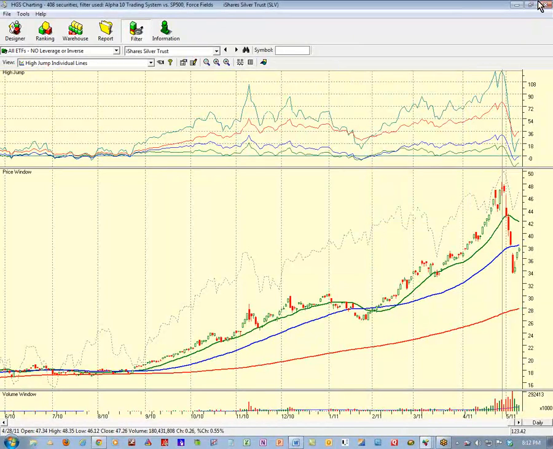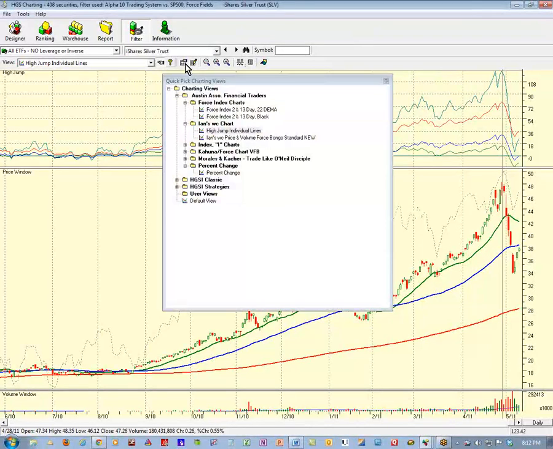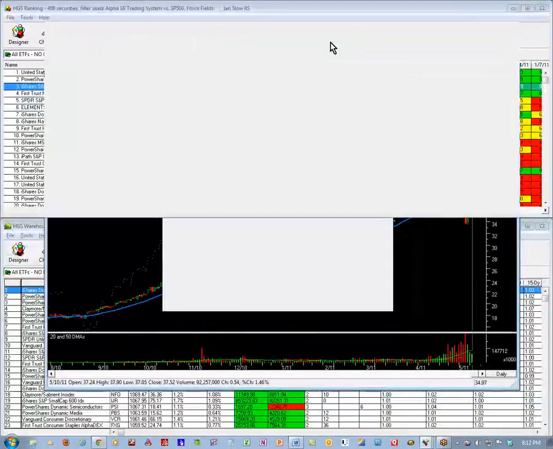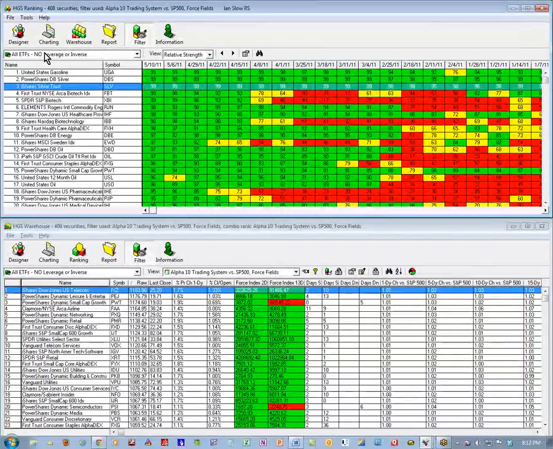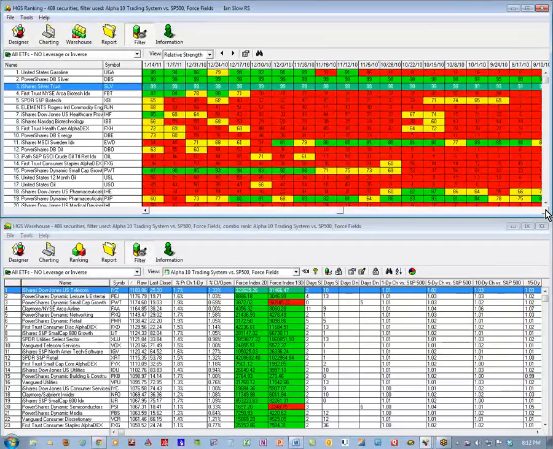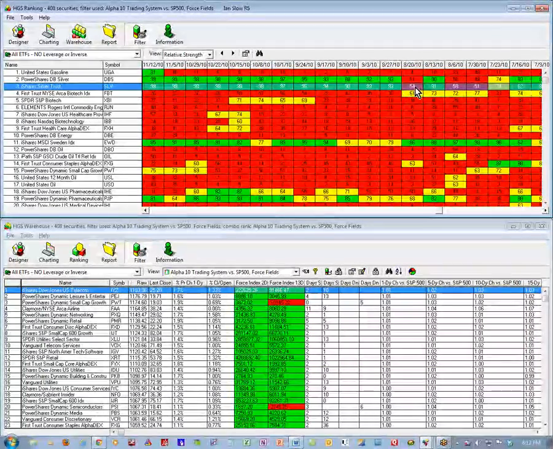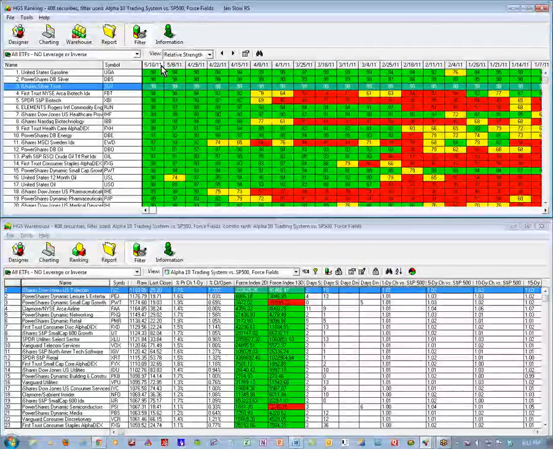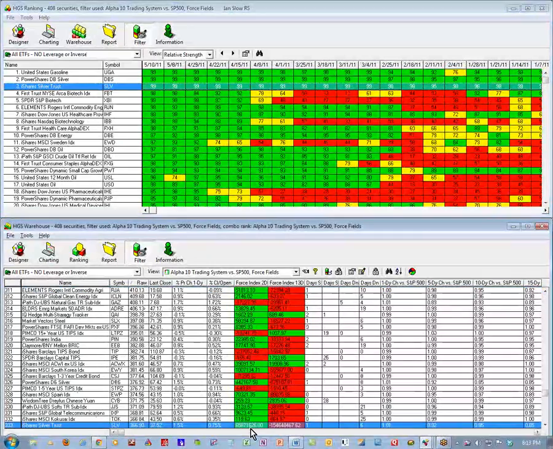Okay, well, good. So let's go back to this a minute. So here is silver, number 3, and you can see, looking at the long-term strength of this, this thing was green going back. It went from red on August 20th to green on August 27th, and it never did relinquish that green. I mean, that was just an unbelievable run. And who knows, it may be back. But now, based upon